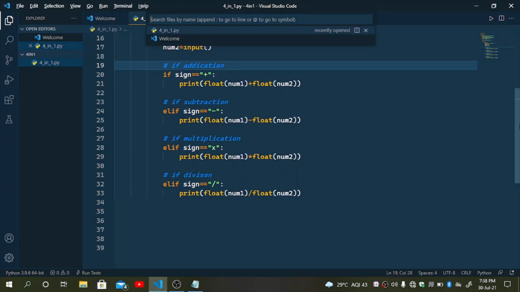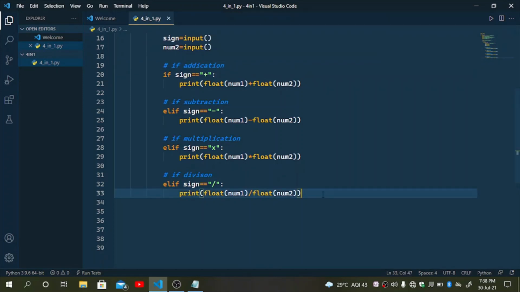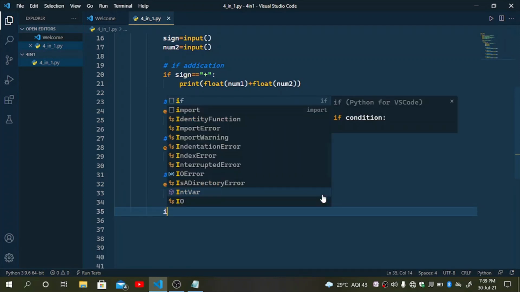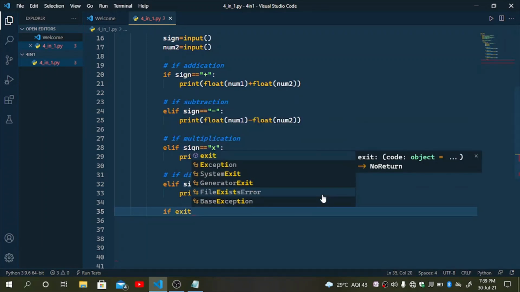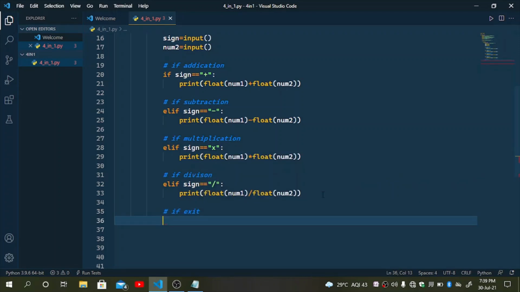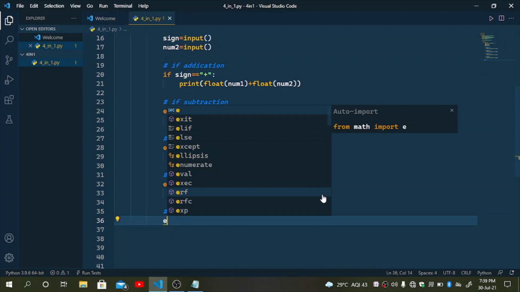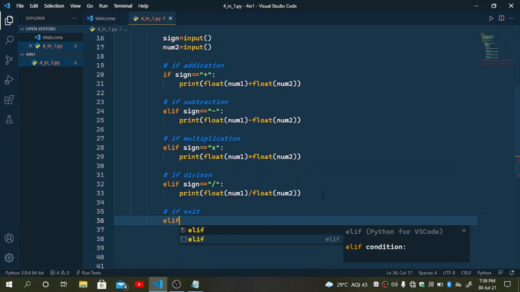Okay, we have to create one more if else statement. Then if num1 is equal to exit